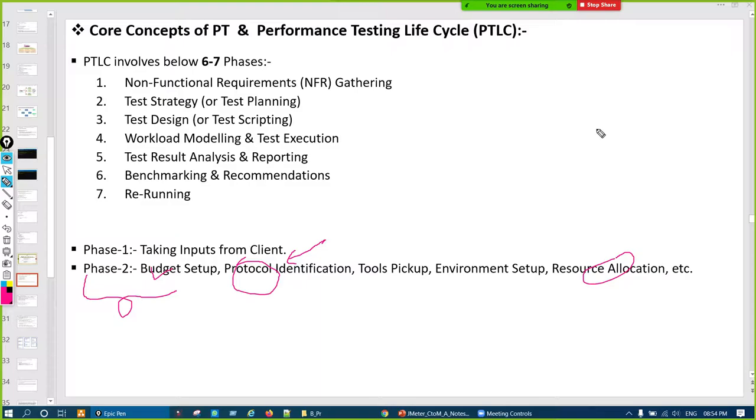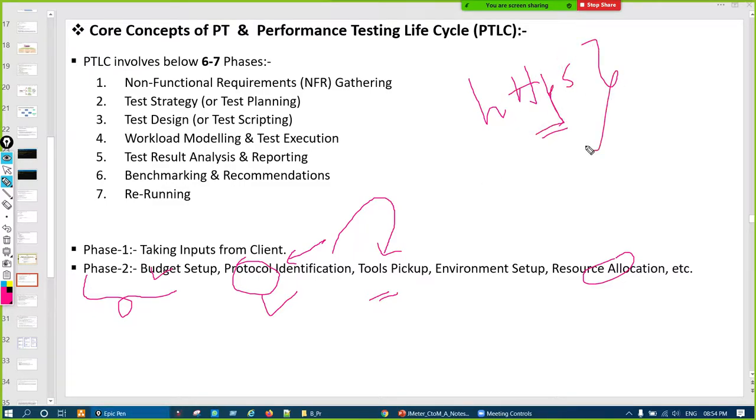Suppose your client has given any of those kinds of applications, then we cannot do it using JMeter. That's why we have to identify the protocol, and depending on that we have to pick the tools. If they have given a web application, and a web application always works on the HTTP/HTTPS protocol, JMeter is fully capable of supporting that.